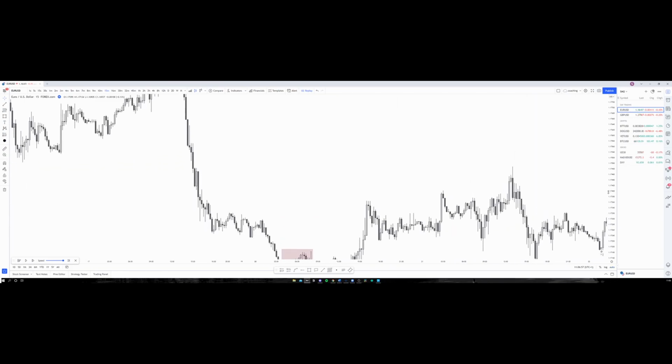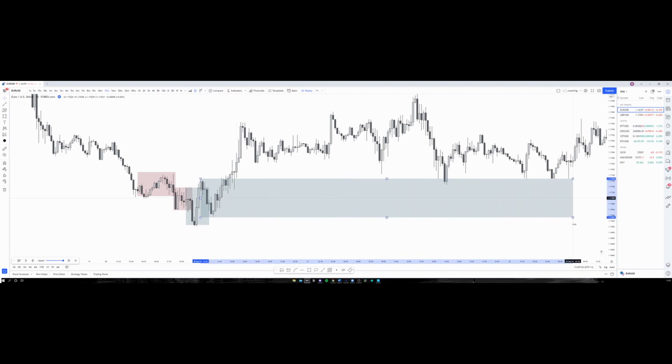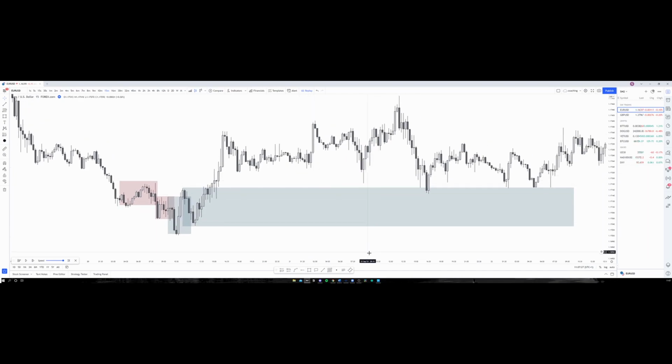And then we break this supply range here, right? So now this becomes our demand range, so our buying range essentially, right? We then come back down, and we can mitigate these ranges. There's various other POIs within these ranges, but we can see this one doesn't get mitigated deeply, so this one is still valid for a period of time at least, right? We then see up here that we create a new range,